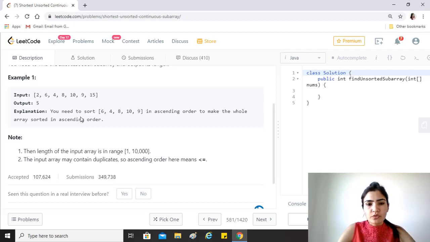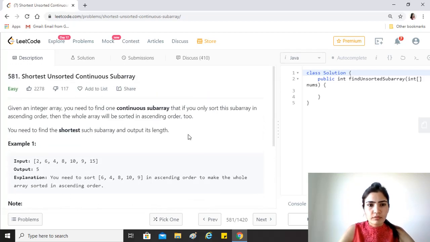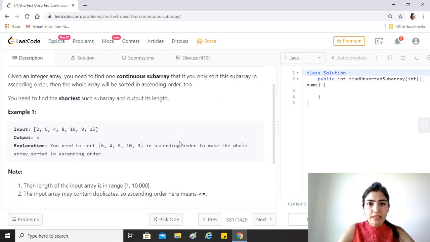All right. So this question is a slightly tricky one because we cannot just use a sorting algorithm to sort all of them and get the answer. That would not be a very good solution if we try to sort it and then track each element where it was and then find out what is the minimum number of elements we had to sort. That will be high on the time complexity and space complexity both. And if we were to find a solution which does not have that much, we just have to apply some simple basic logic here,